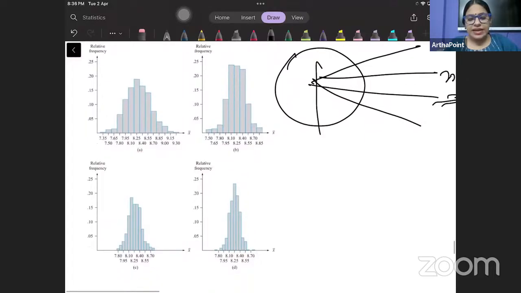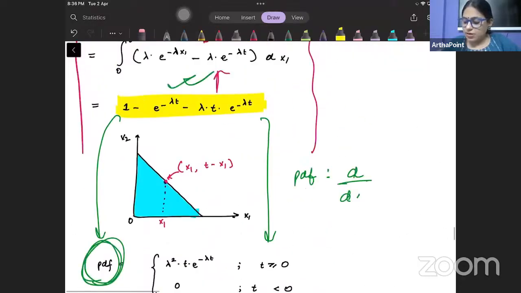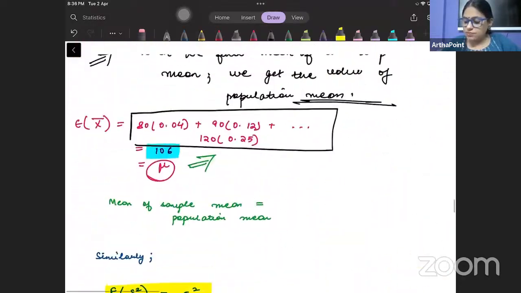So this is our diagram which is given in the book. And if you see this diagram, it's very interesting to understand कि जैसे जैसे आप अपना sample size बढ़ाते जाते हो, as you increase the sample size, you will notice that you will be having better answers. You will be approaching the value of the population. And as you increase the number of the samples, जैसे बेटा यहाँ पर if you just look here,